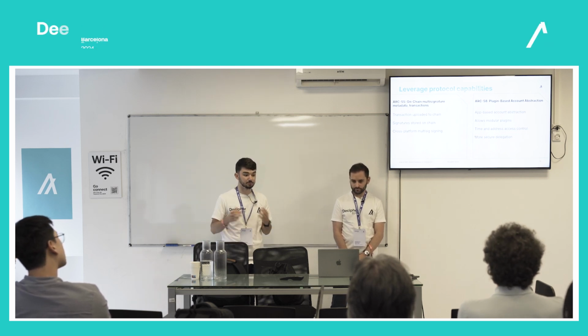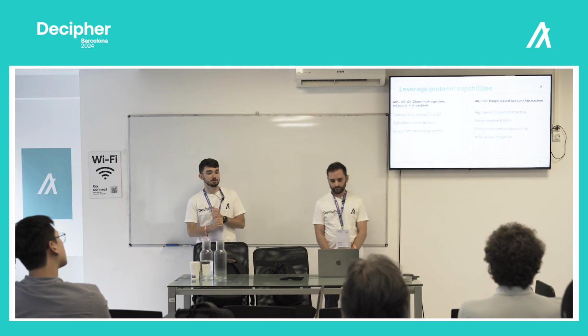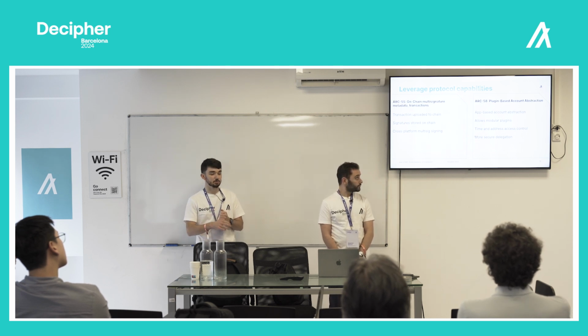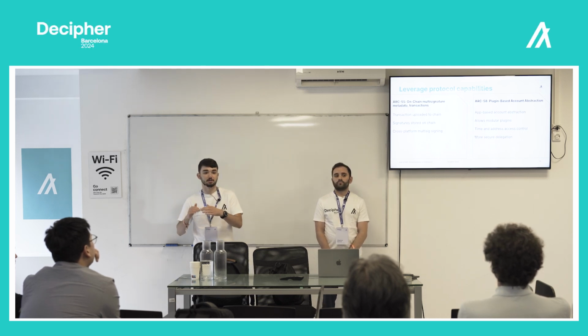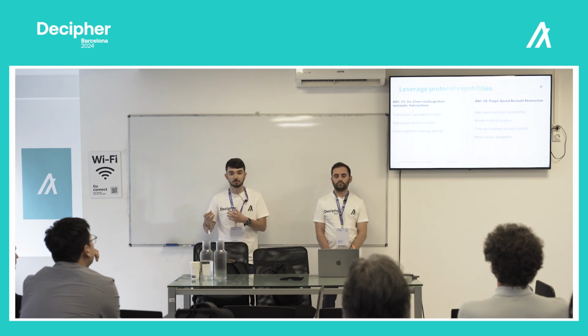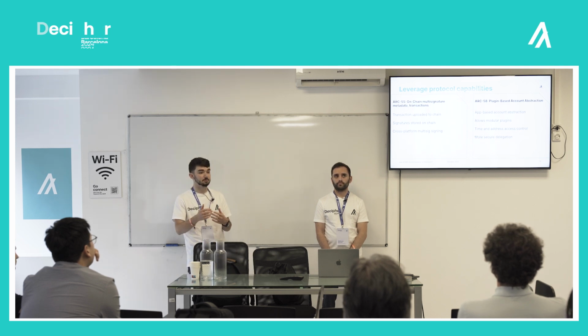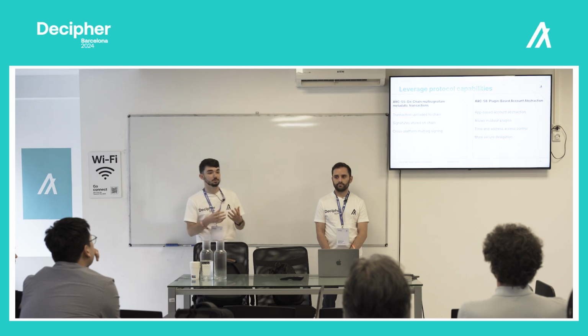And then we have ARC58, and this is account abstraction using apps. And really the idea with ARC58 is it's a more secure form of delegation. So we have delegated logic signatures, which let you sign a logic signature program. However, they're not revocable. Anyone can use them. They're not stateful, so you can't query the chain to see what you've signed. So there's a lot of security implications with delegated logic signatures.